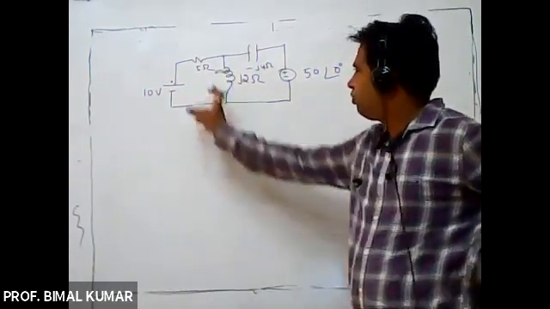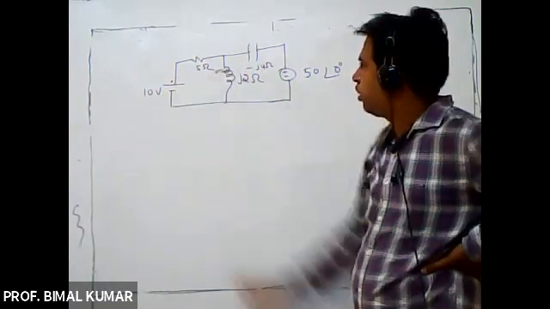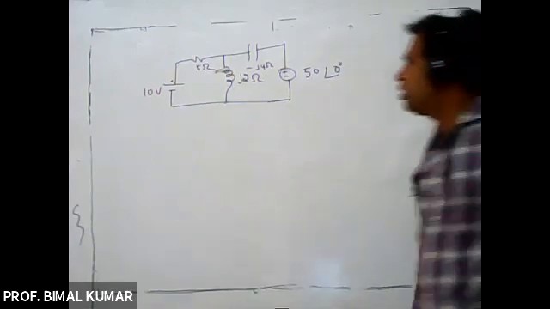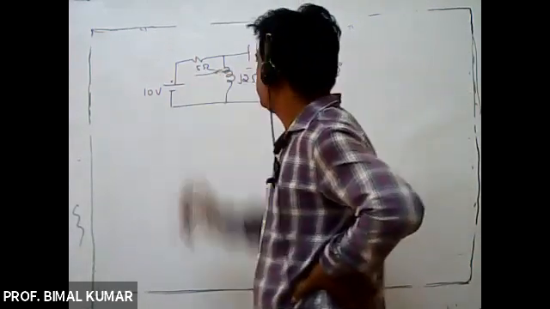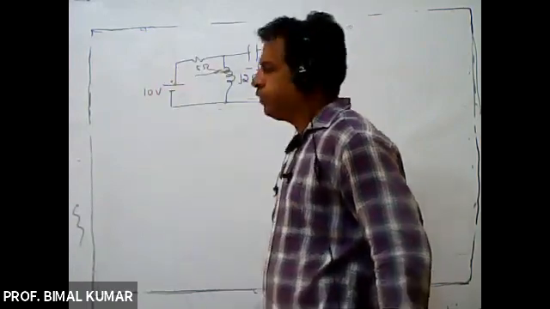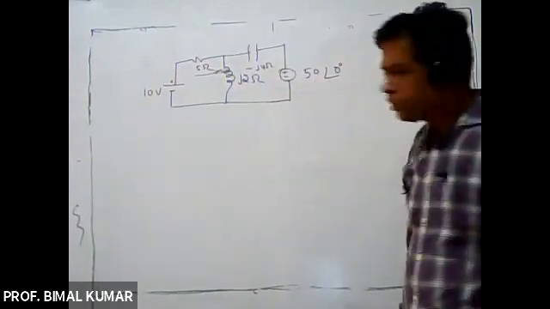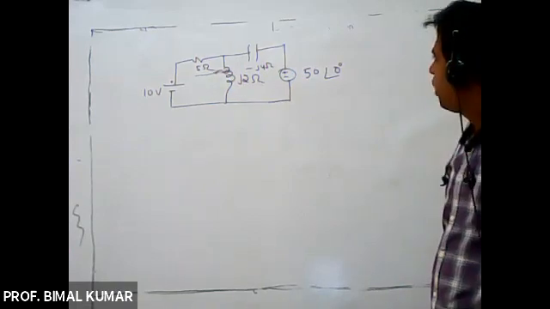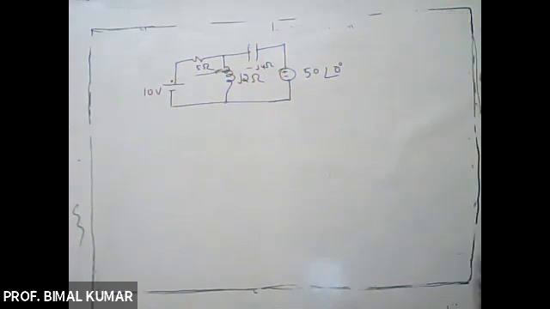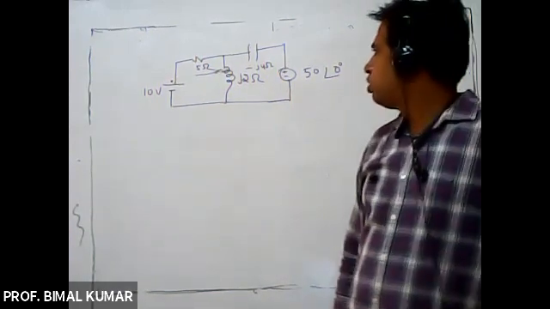In this, we will have to find the current in this 10 volt battery by the use of superposition theorem. Right? So, in other words, we want to calculate the current in this 5 ohm branch. The 10 volt branch and the 5 ohm branch are the same. So, we will have to calculate current in the 5 ohm resistance by using superposition theorem.